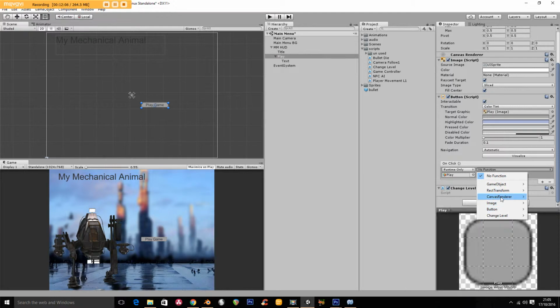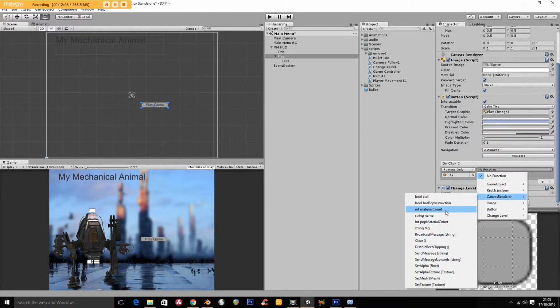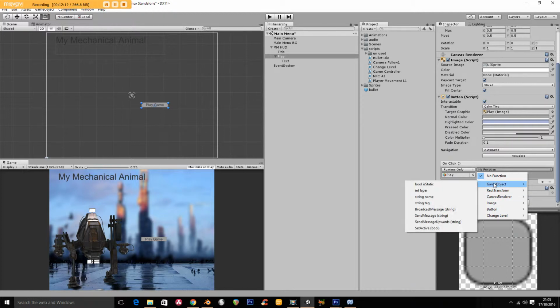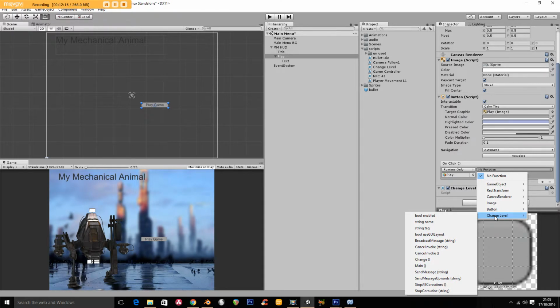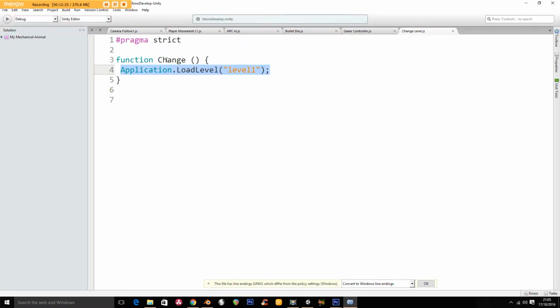all of these built-in amazing presets that you can use. But we have this one here, change level. We made this ourselves, and this is our function change. So if we just quickly look at the code, function change. So if I rename that and call that function null and save it,